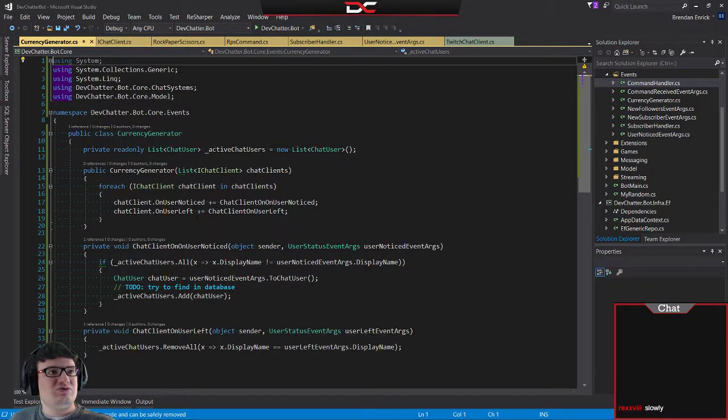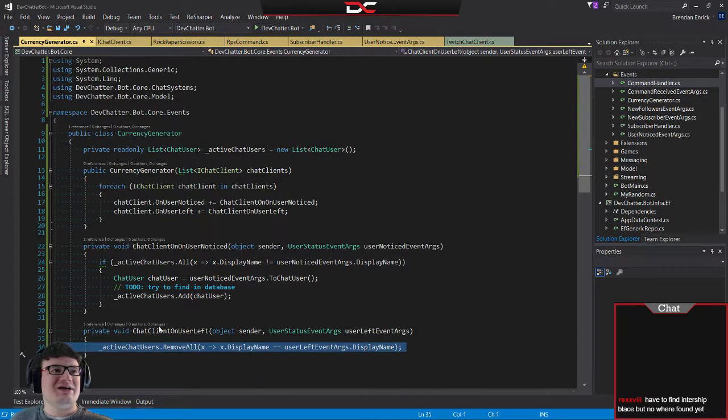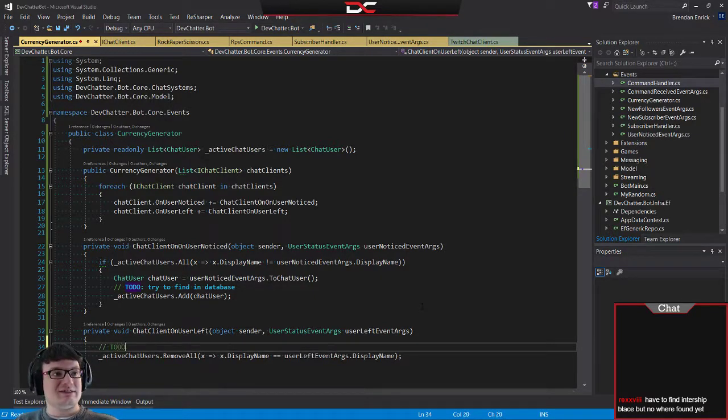So we have those wired up. We put that on there. This event handler is going to need to actually get wired up in our individual chat client instances, two of which aren't really real, but that's fine. So we're going to add them to the list here, and then we're going to remove them from the list there. So the removal, I think, is going to work pretty okay, but what I want to do here is